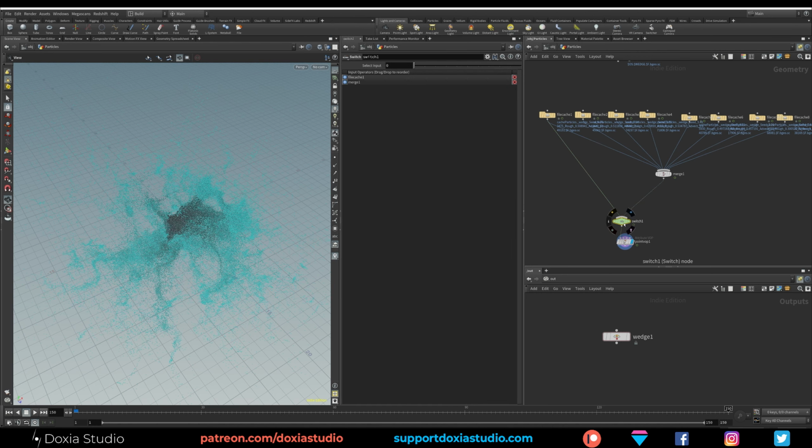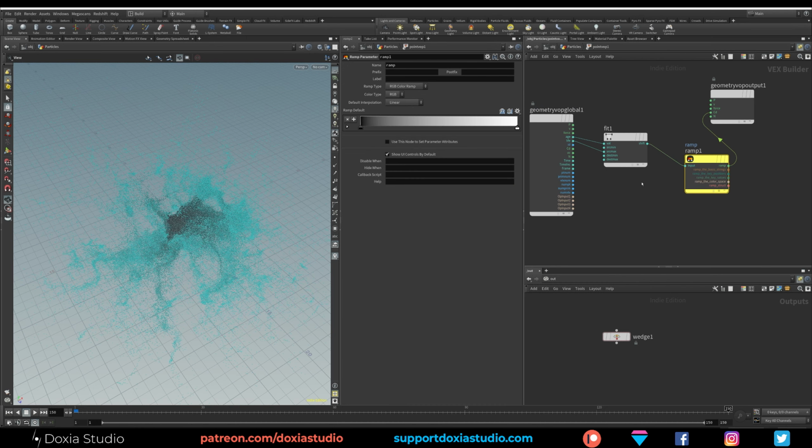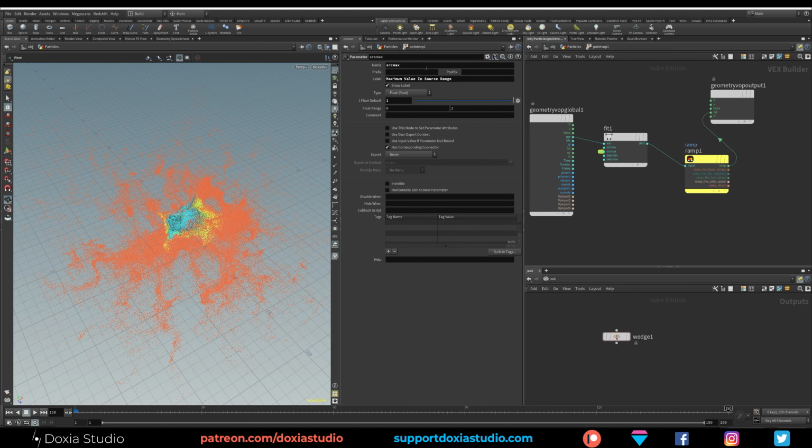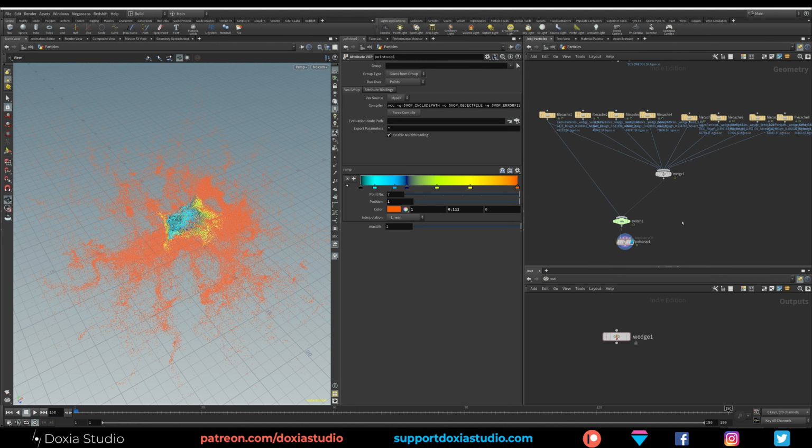We didn't change the life, so on our point pop, let's disconnect this one and let's promote this parameter. Oops, not that one. Wrong click, the source max. Okay, let's call it max life. Let's go up, and with this value, we can change that range.